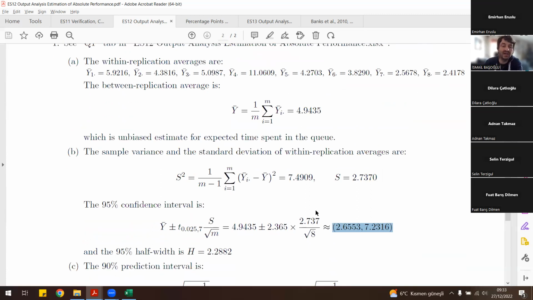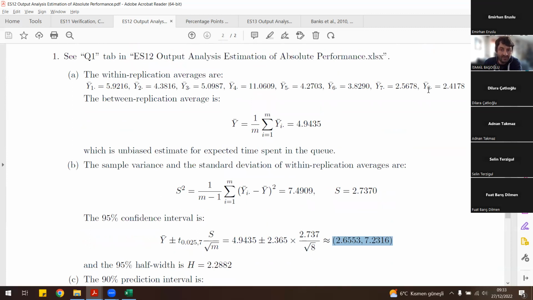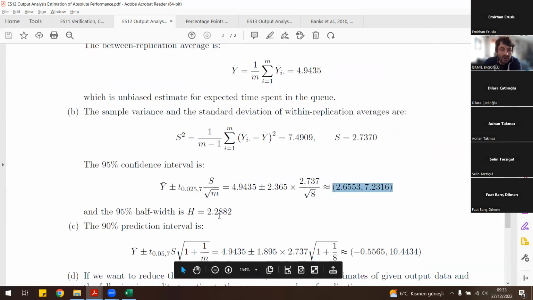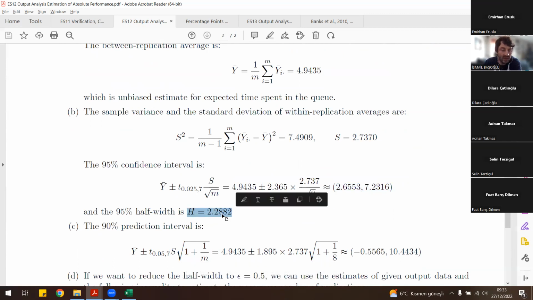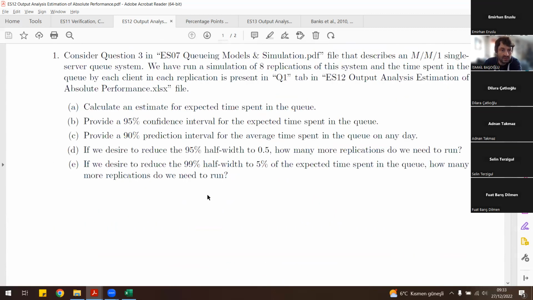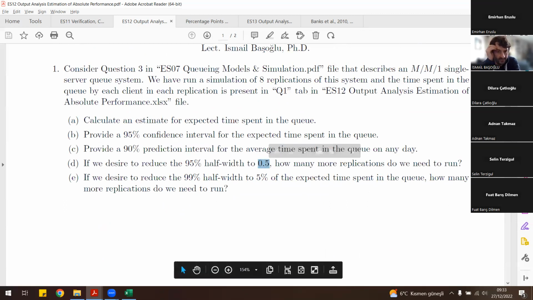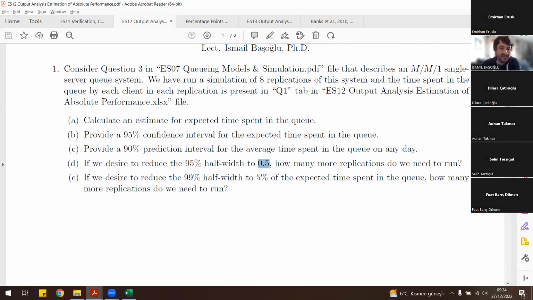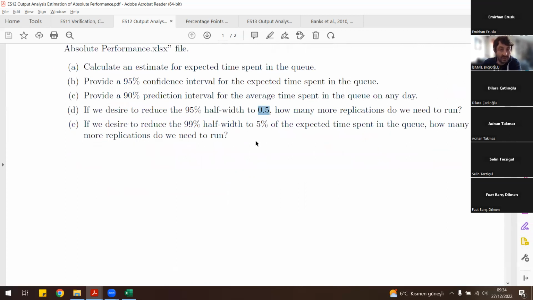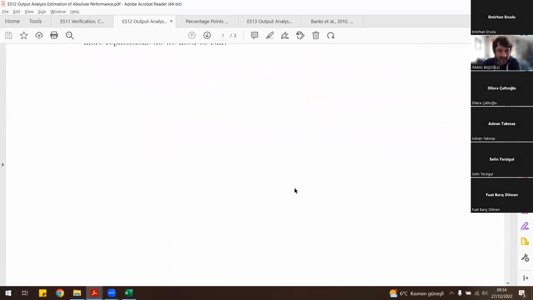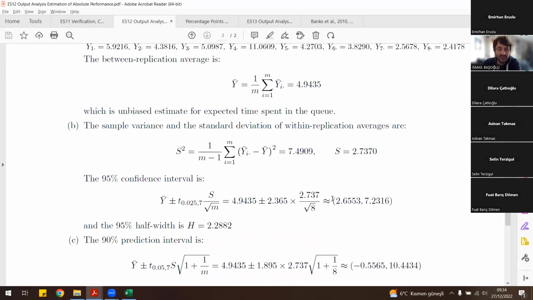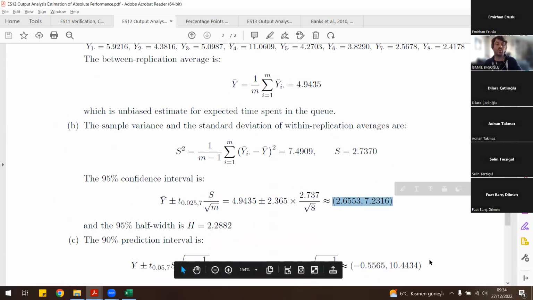For a pilot study, because we have seen that if we perform 8 replications, we are going to get such a large half-width, which is approximately 2.29. But the user tells us to get a half-width for the confidence interval which is no larger than 0.5. So it expects a 95% half-width no larger than 0.5. If the user gets such a half-width, this means the width of the confidence interval will be at most 1,